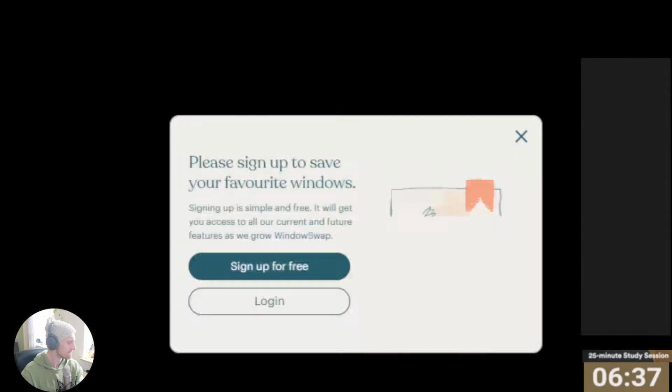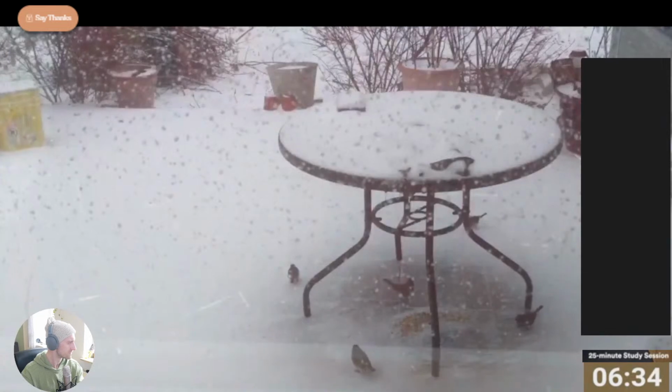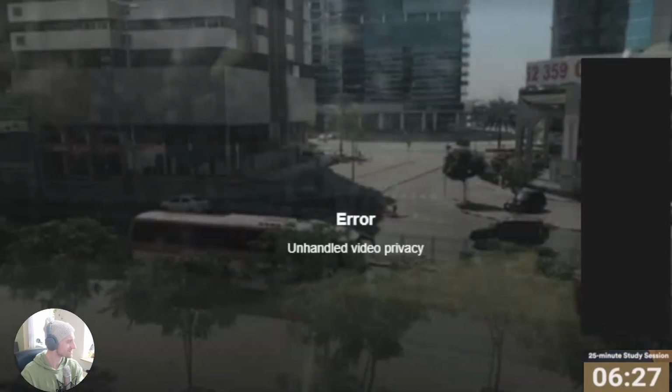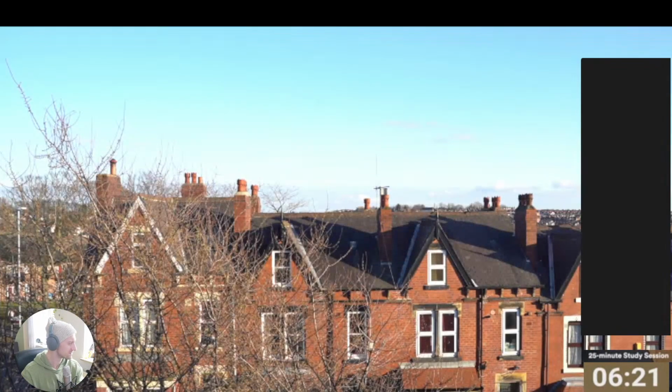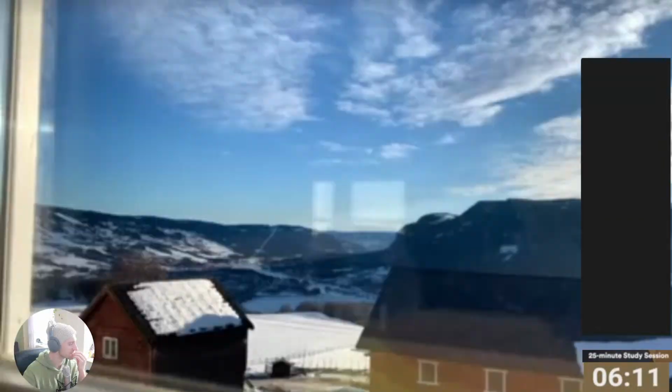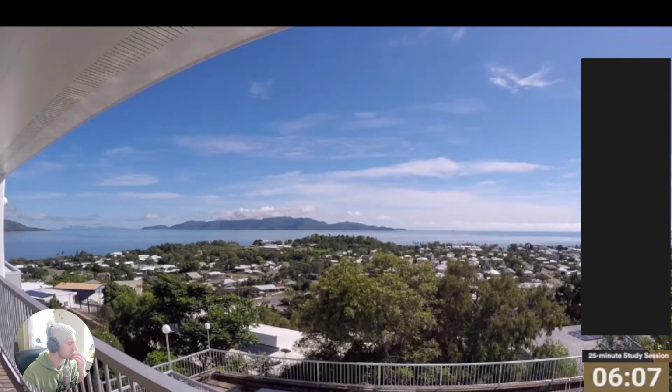Come on, give me a good window. Give me a good window. Cute, but everything's so snowy. Oh, like snow, man. Susie. Nice, but I need something with a little action. That's nice and beautiful. That one's not too bad, but maybe I don't want people walking around in the background.